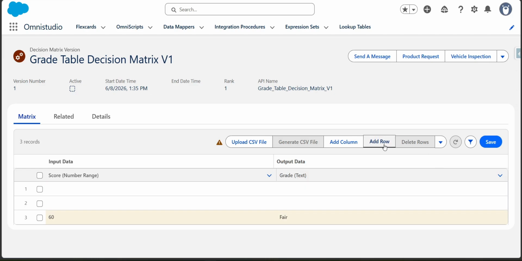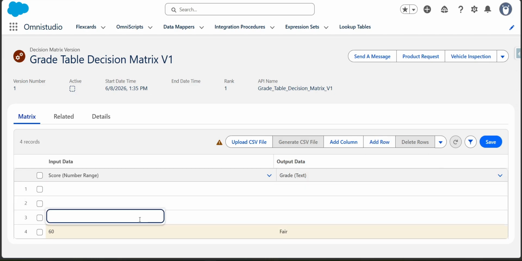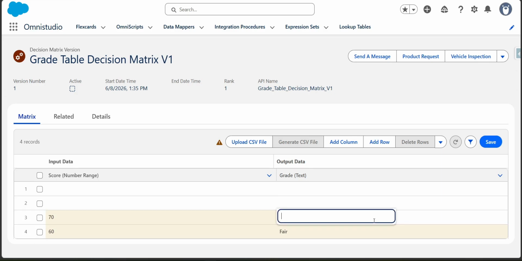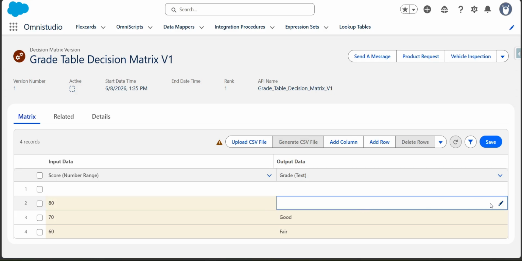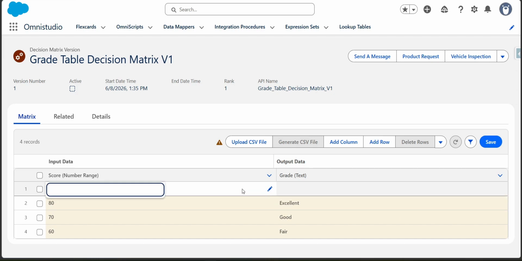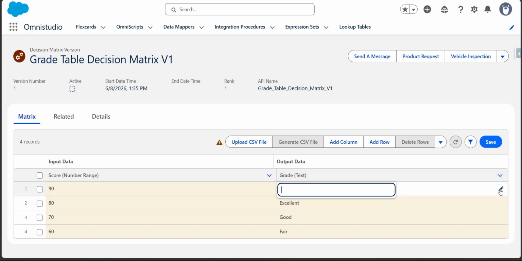Let me add a few rows as well. For 60 to 70 the score, fair. Then 70 and above should be good, above 80 would be excellent, and finally above 90 outstanding, right? If I click on save,